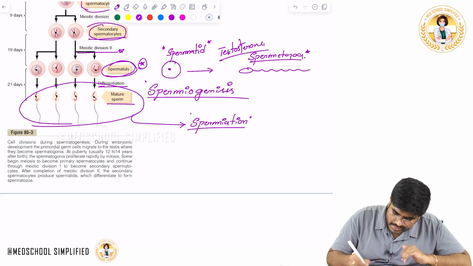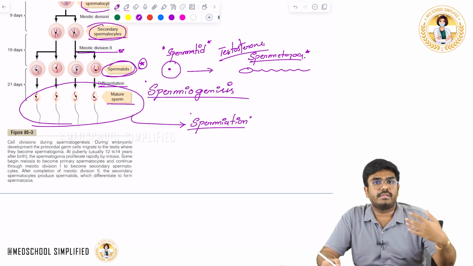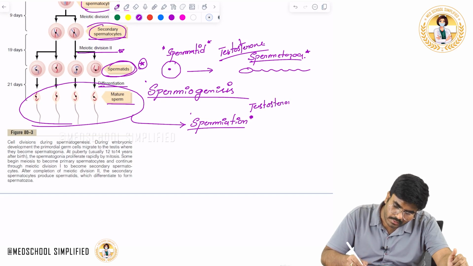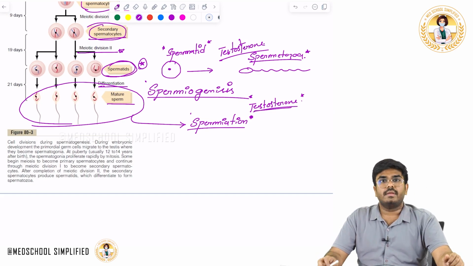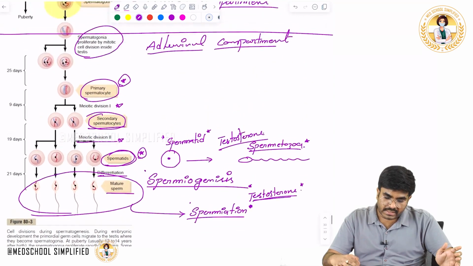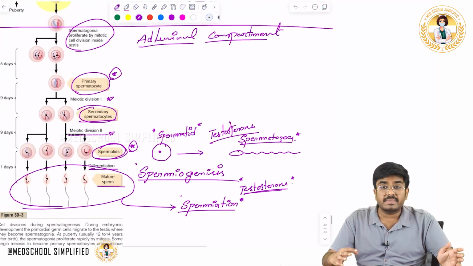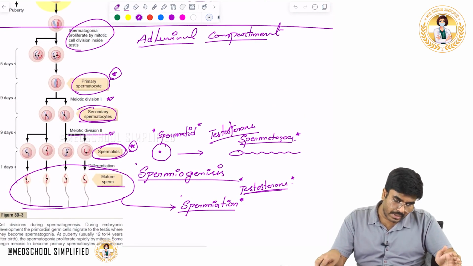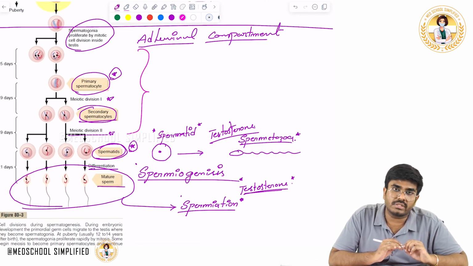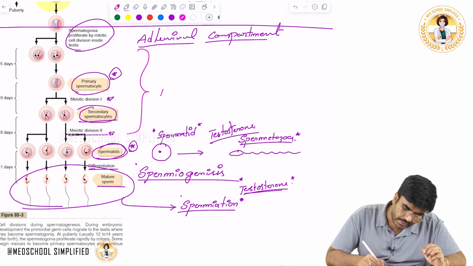From the seminiferous tubules, the sperm later has to go into the rete testis. This movement is called spermiation. What do you require for spermiation also? Testosterone is required for the process of spermiation. So testosterone is required for spermiogenesis and spermiation. But for all the initial phases of spermatogenesis, you require FSH, follicle-stimulating hormone,